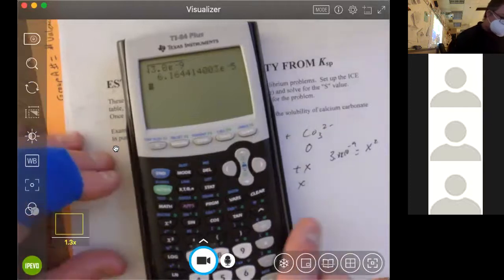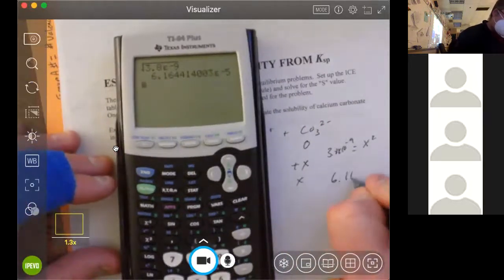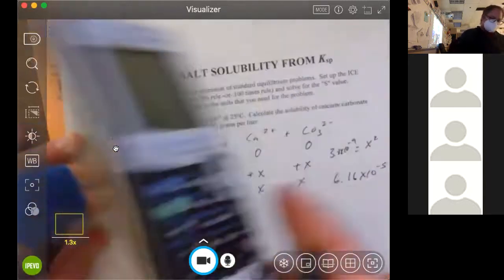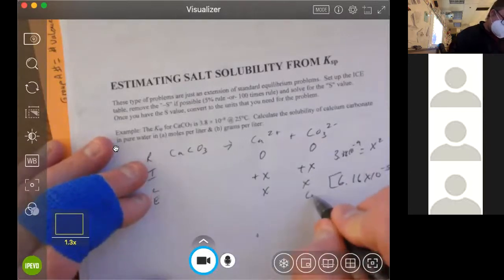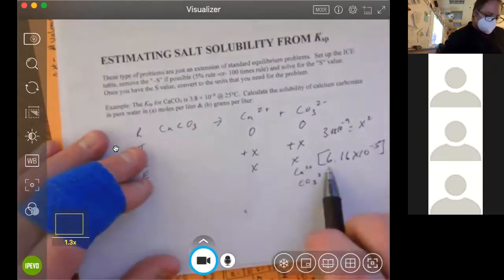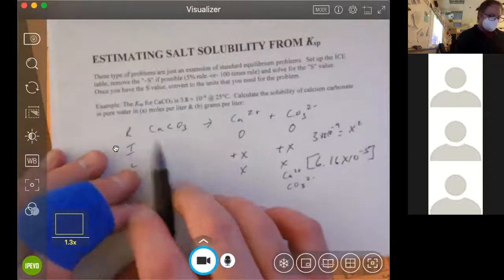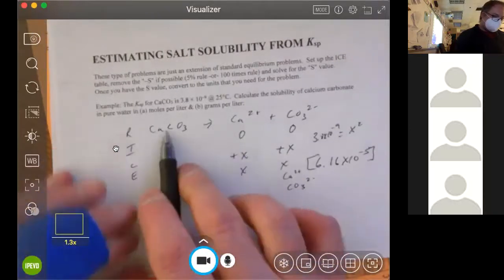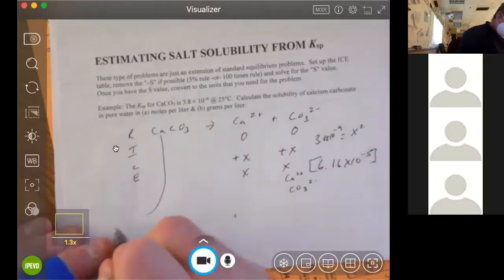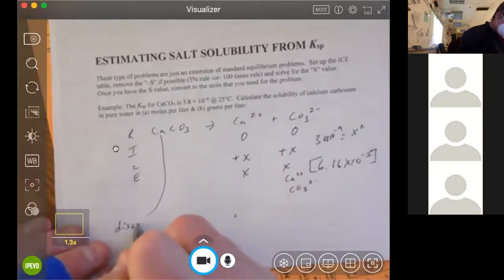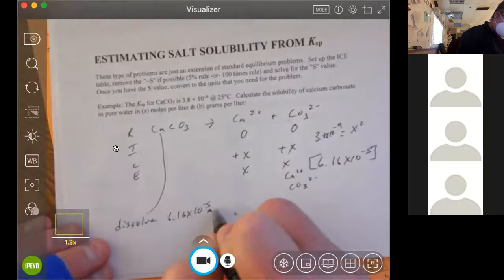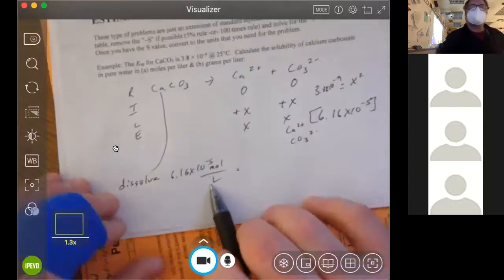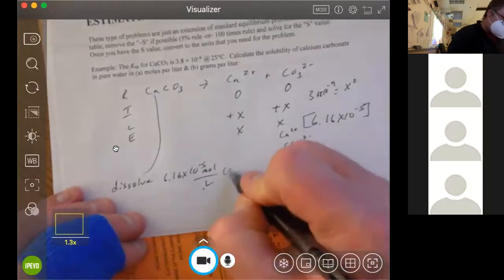We get 6.16 times 10 to the negative 5th. That's the concentration for both Ca 2 plus and CO3 2 negative. That is also the molar solubility because it's a 1 to 1 to 1. So that means I can dissolve 6.16 times 10 to the negative 5th moles per liter of CaCO3,